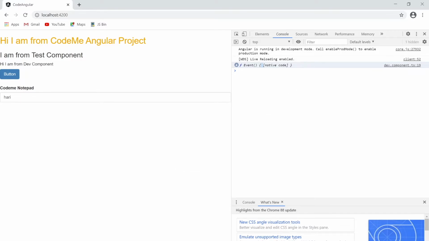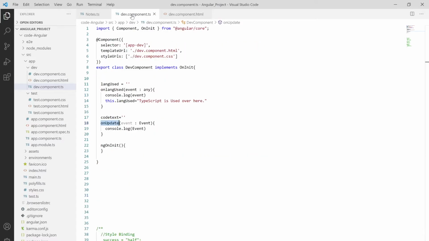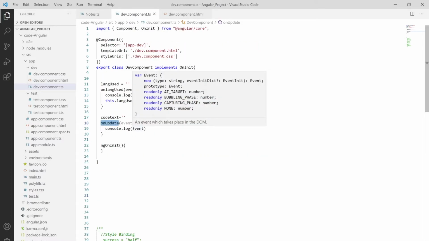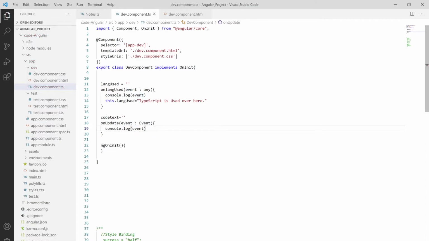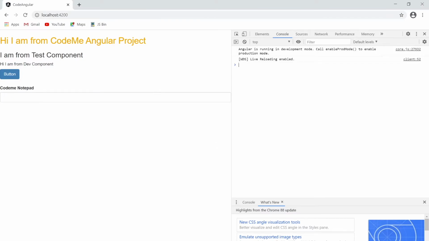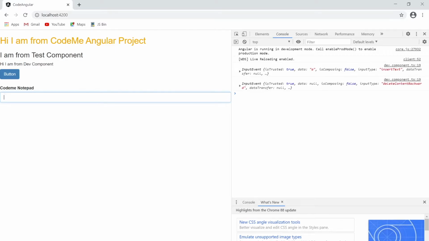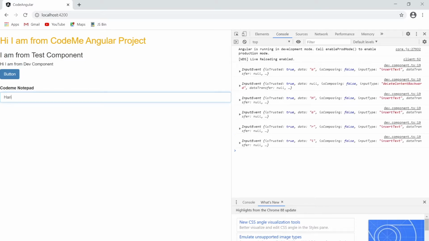So you can simply print this thing instead of just console.log of event. Let me print it as an event, save this out, and you can go to the browser again and write something. Yeah, you can see it's an input event because I wrote a, and let me close this. As you can see, input element, here we have delete content, and here it's insertion content. So we can also write HRI. Say I have changed that tag 6 times, so that's why it's coming as 6.